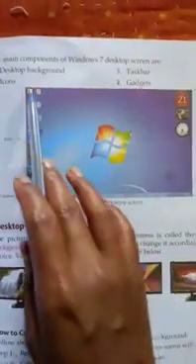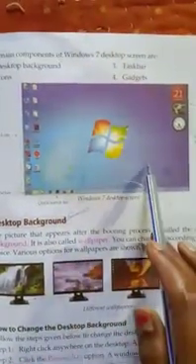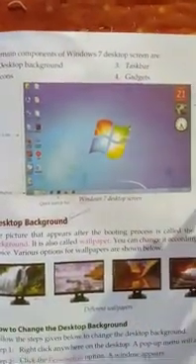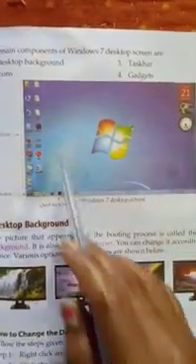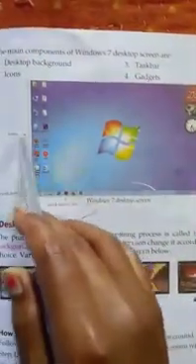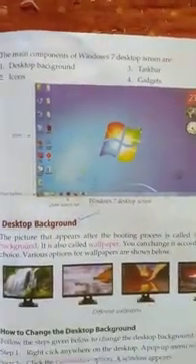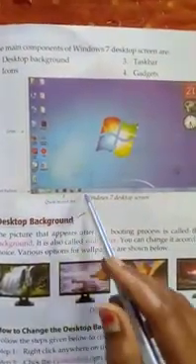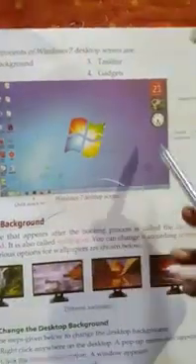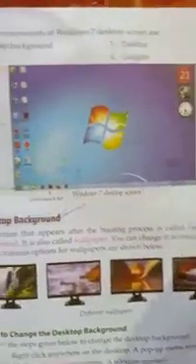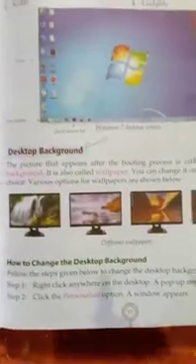So dear my students, you see this is the desktop background, and these are small pictures called icons, and this is the start button, and this is the quick launch bar, and these are gadgets. Okay, so first we will read